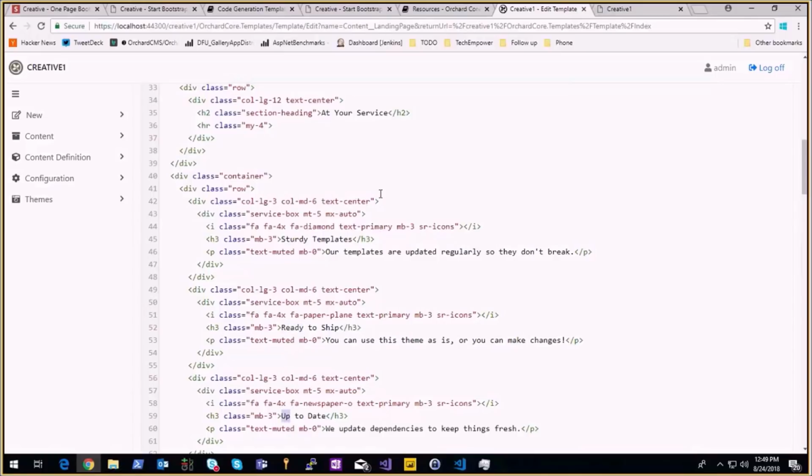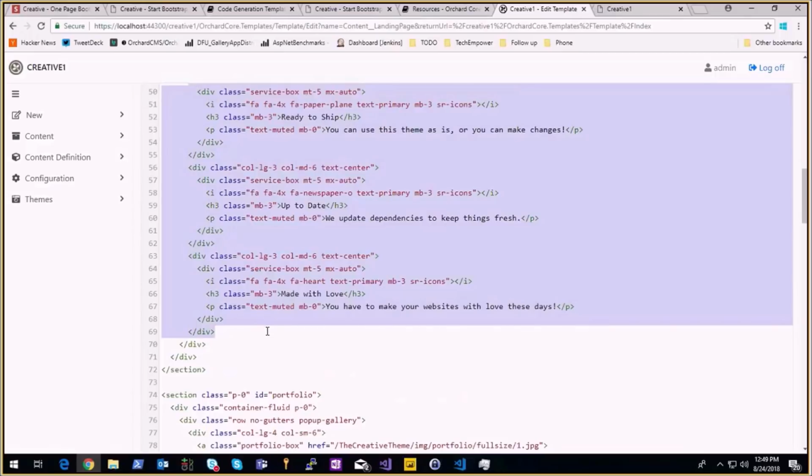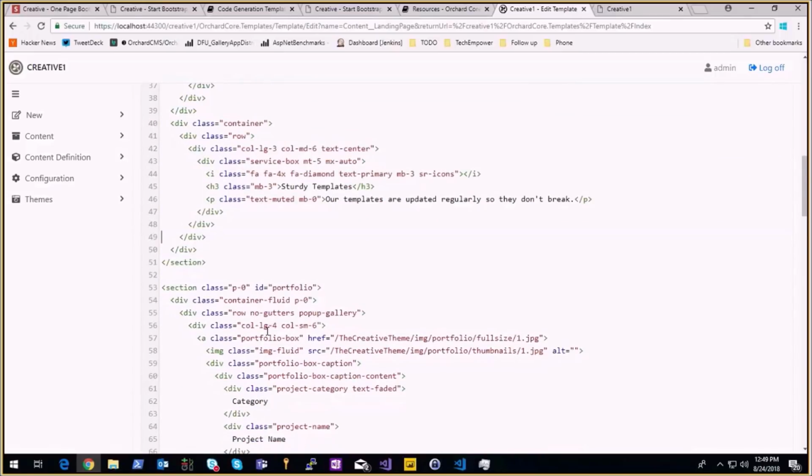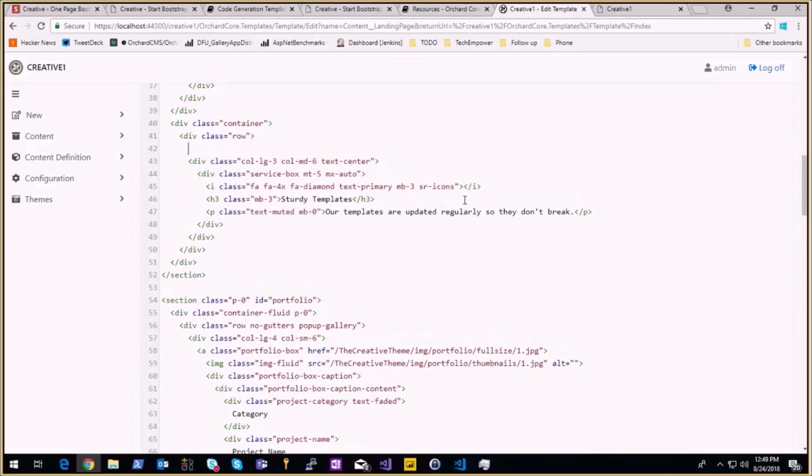And what we have here is that for each service, we have this section. Okay? And we just need to replace the title and description and the icon. So I will remove all the other ones and keep only one. And here I need to do a loop. So how do we access our content item? I will try to dump the full content item. To do that, I have a